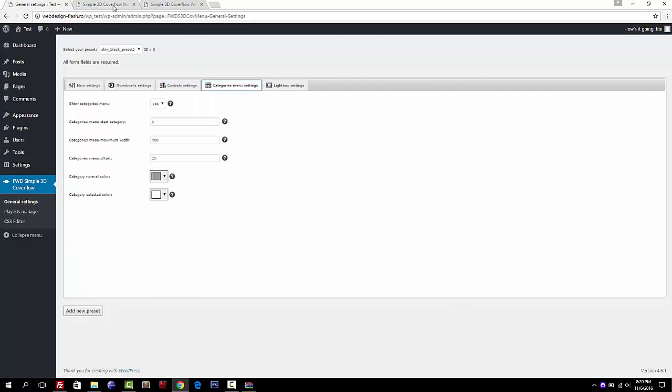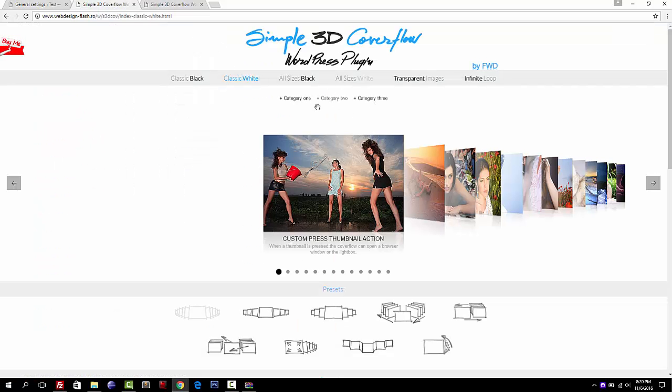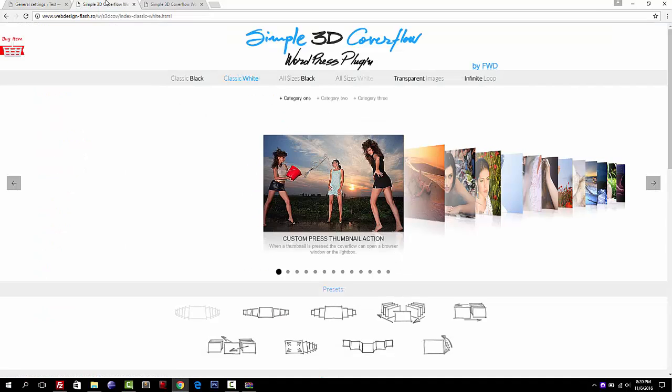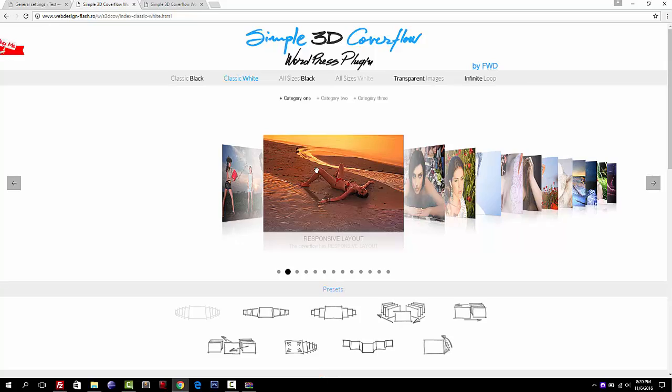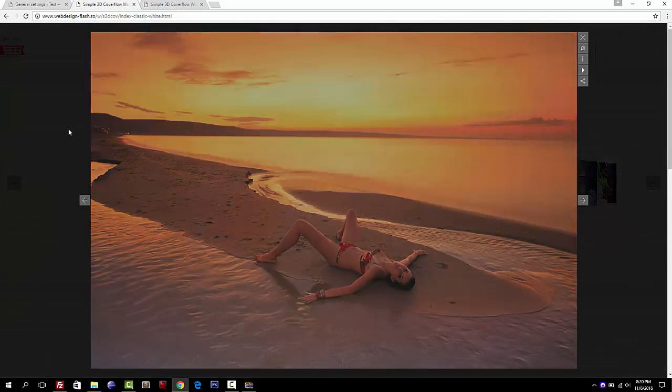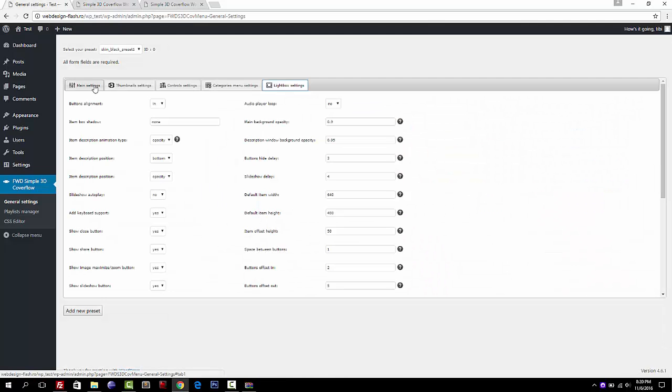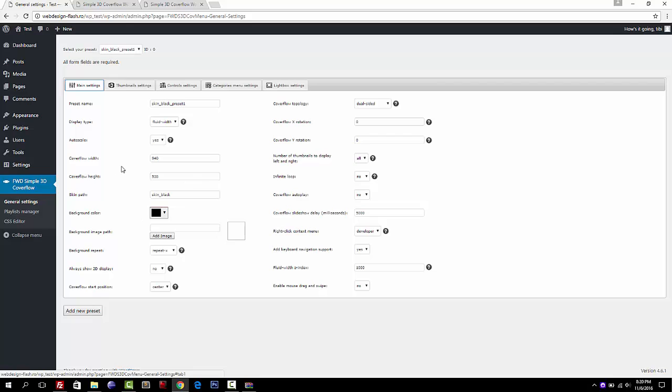Categories menu settings is for this section, and the lightbox settings is for when the lightbox is open, for the actual lightbox, this one. So I will not go through the settings here because there is no point. You can go through this yourself if you want to change something, but